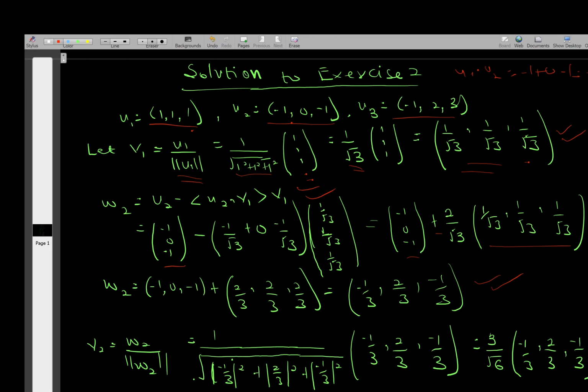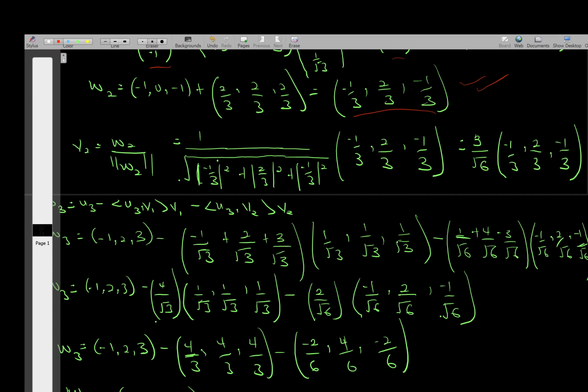That is W2. And we know that we can use W2 to solve for V2. So our V2 is given by W2 over the norm, okay, W2 over the norm. This is our W2, so it's the same as 1 over the norm of W2 times W2. So the norm is given by the square root of absolute of minus 1 over 3 squared plus absolute of 2 over 3 all squared plus absolute of minus 1 over 3 all squared,